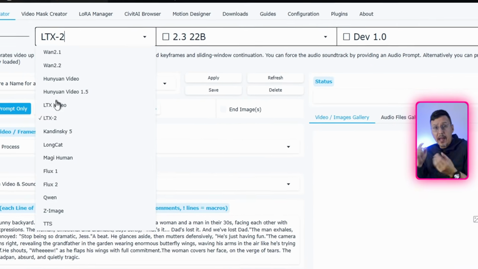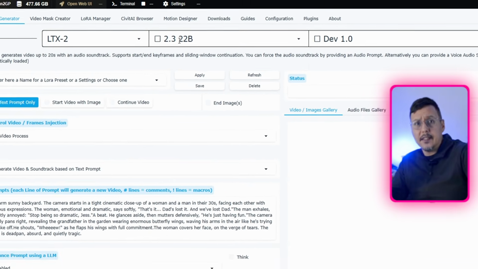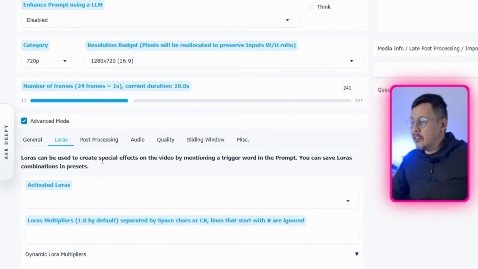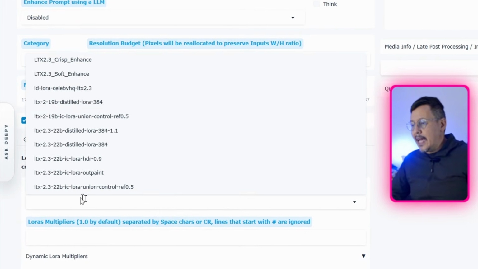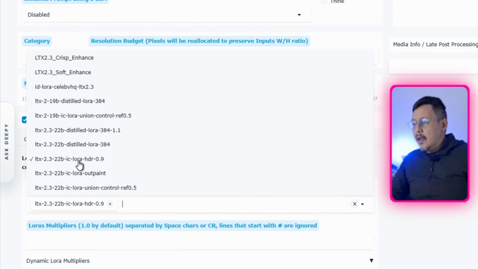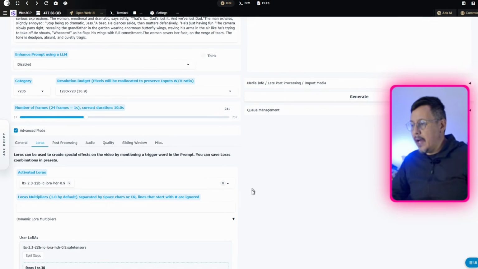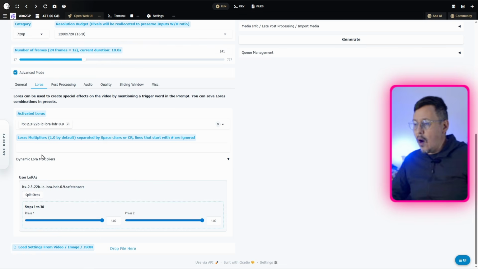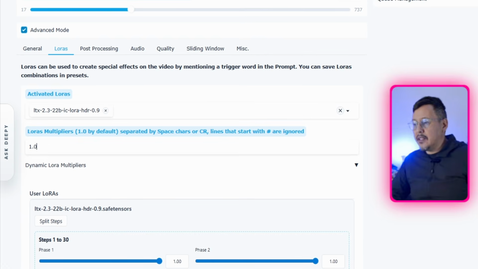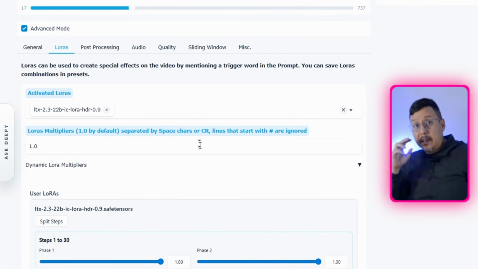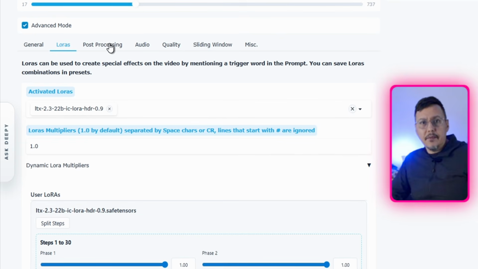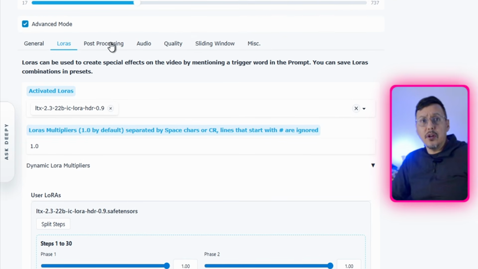First, make sure LTX 2.3 is selected in the model dropdown at the top. In the Activated LoRA section below, select the HDR file. Then, set the multiplier, which controls the weight and intensity of the LoRA, to 1.0. That's the standard value that applies real HDR. If the image looks too washed out, you can dial it down slightly, but start at 1.0 so you can